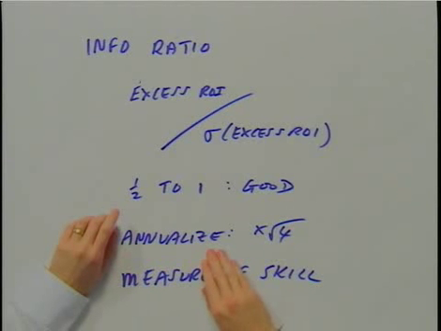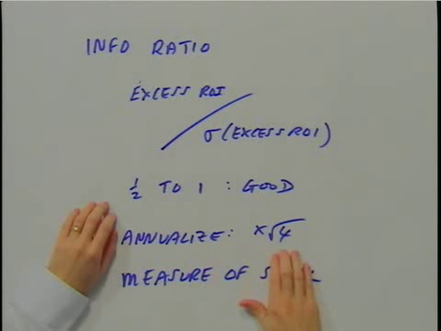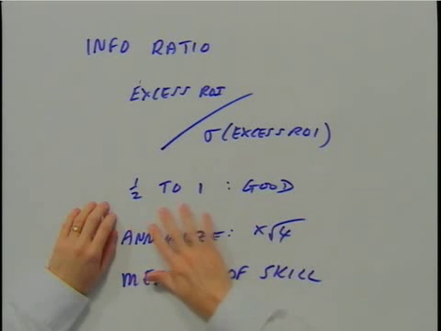You would take the differences, and you would work out the average difference, the average excess, put that as your numerator, and work out the volatility of those excesses, and that would be the denominator, to give you the information ratio calculation. If you were using quarterly data, you would annualize it by multiplying by the square root of the number of periods, in that case the square root of 4. In terms of the measure and how it looks, a score of between 0.5 and 1 is felt to be